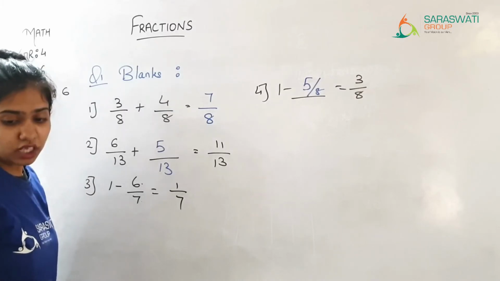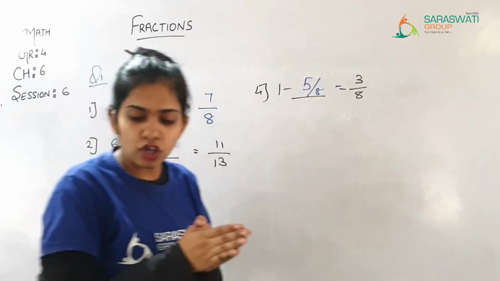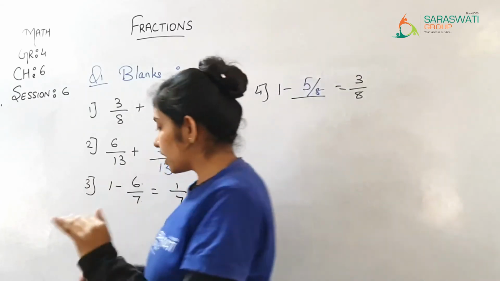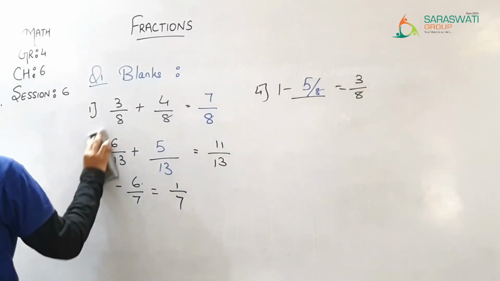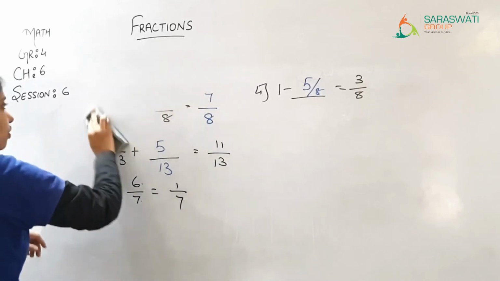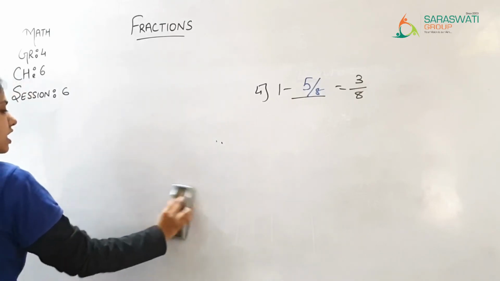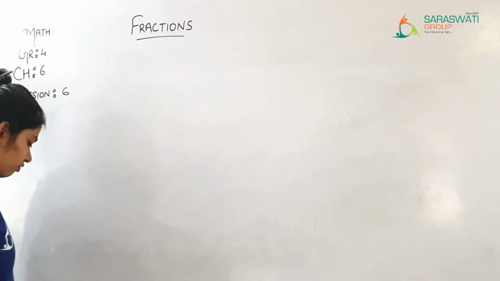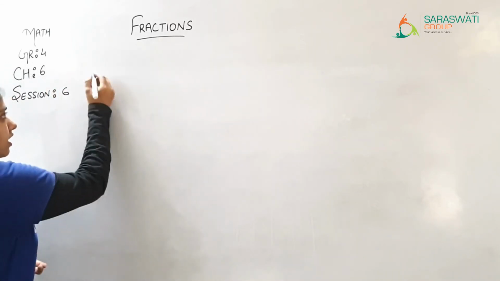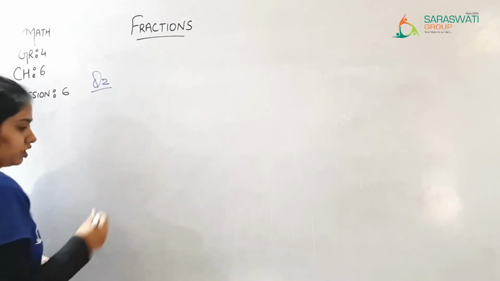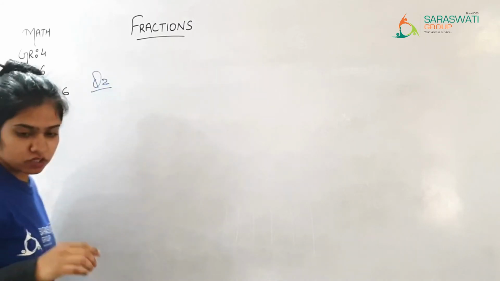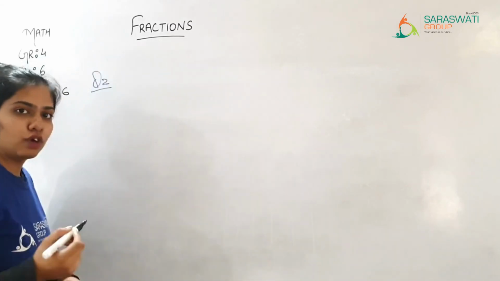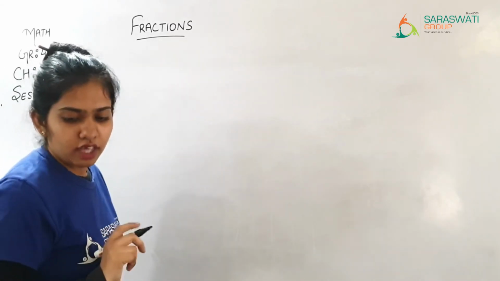Okay. So in this way you are supposed to solve the blanks. Now another one is: add the following and write the simplified form wherever necessary. अब यहाँ पे आपको बोला गया है कि आपको ऐड करना है and then you have to write the simplified form. जहाँ पे उसकी ज़रूरत है वहाँ पे आपको उसका simplified form भी लिखना है. ठीक है. So let us solve one or two sums. The rest you are going to solve by yourself.